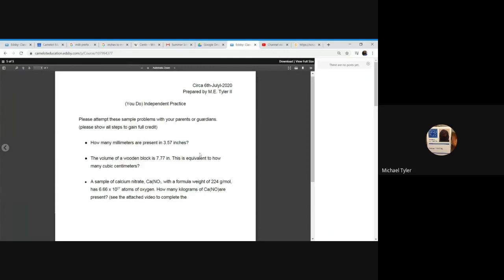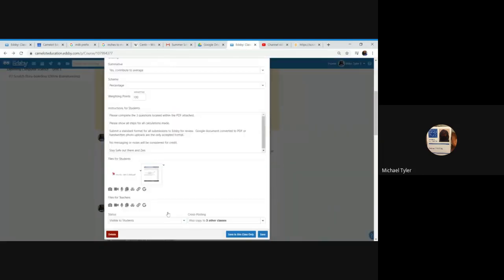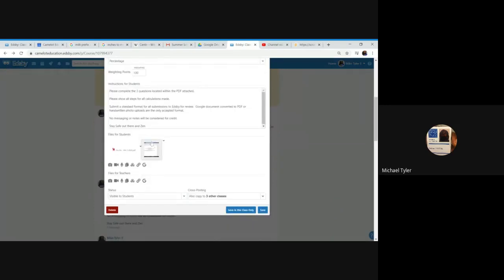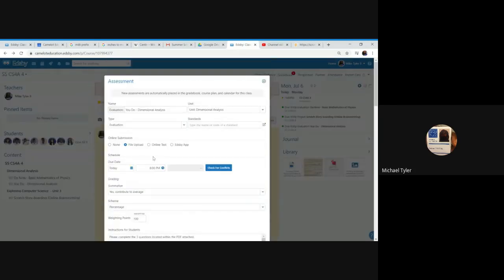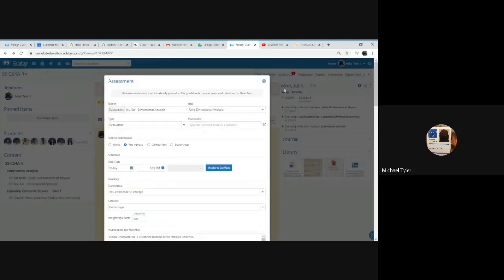I go over at least two of these problems. This problem is covered by the video next to the assignment. So if you look here, inside of the assignment, you'll see a video where Miss Lane goes over how to actually complete that problem. You got to type it up as a Google Doc, pretty much like I did. And if you're not sure how to do that, that's also in the video that I did